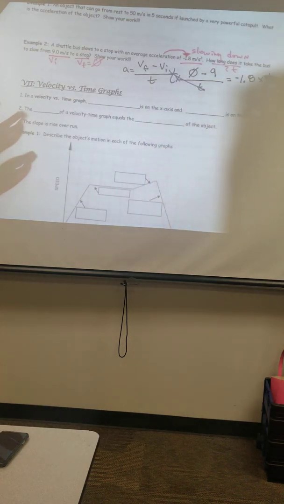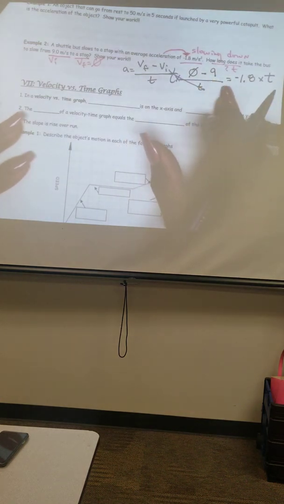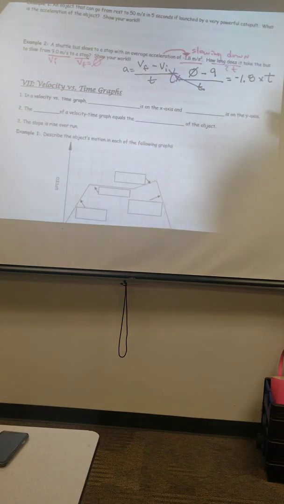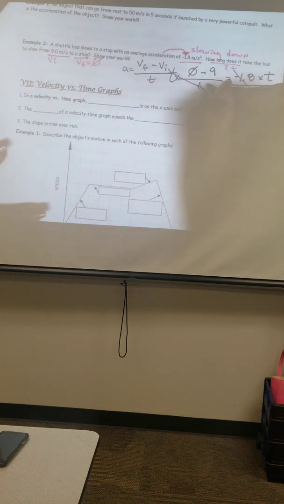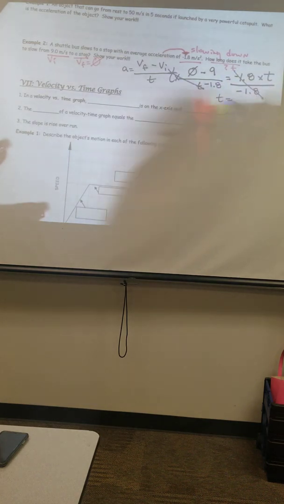Multiply this side by t. Okay, so I'm at 0 minus 9 equals negative 1.8 times t, right? Then I would have to get this side, divide by negative 1.8, cancel that out so that I can get t by itself. Divide by negative 1.8, t comes out to,